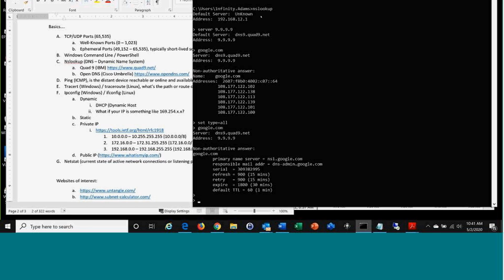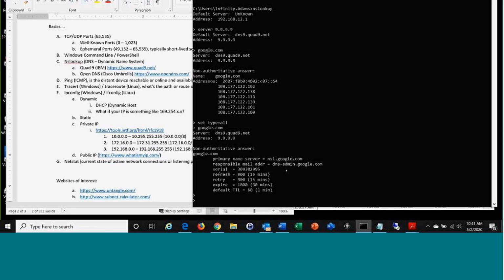And so it actually gives you the name server, the mail server. Some other servers will give you a whole bunch of information, or anything you can get from their domain when you do it that way. It's a very powerful tool. You can get a lot of information from NS lookup. But in its simplest terms, when you're trying to troubleshoot,